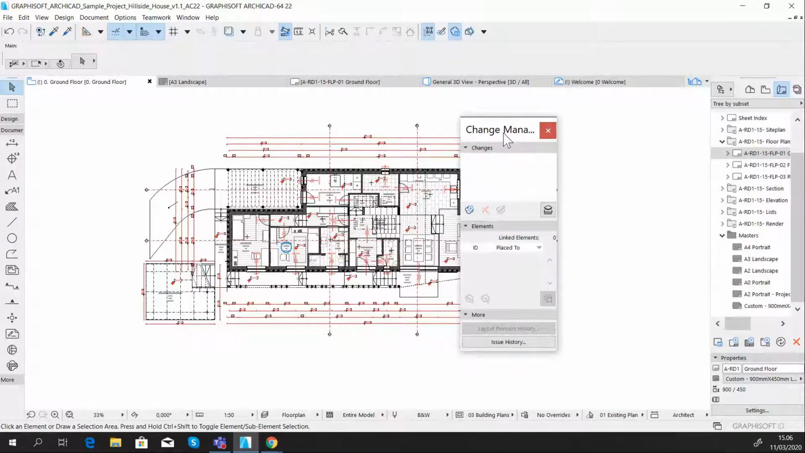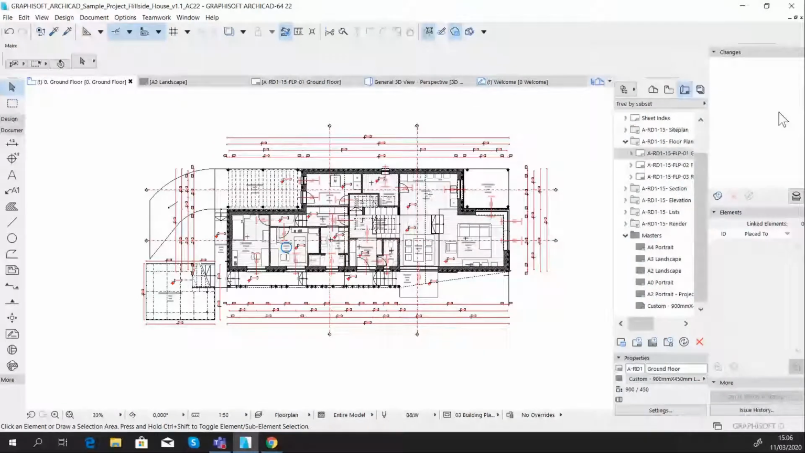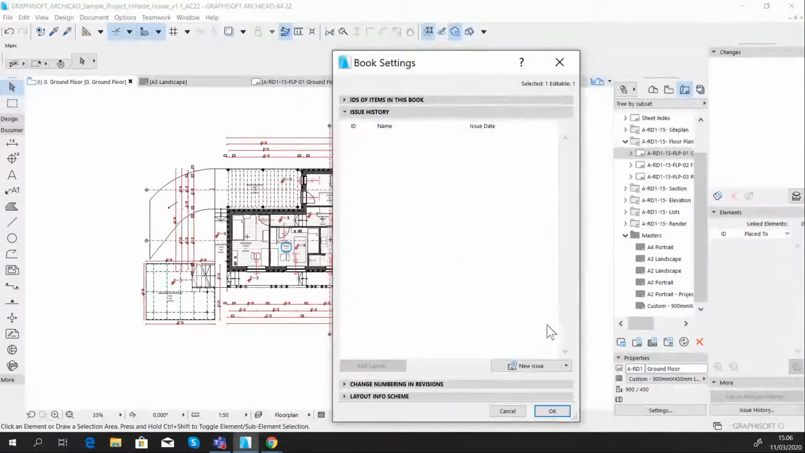If you're going to be working in the change manager for a period of time, rather than just coming in to make a change and get back out, I find it's best to dock this over on the side of your screen so it's sitting there and gives you more stuff to look at and know what's going on. The first thing you need to do is come down to the issue history and create a new issue. So we click down here, new issue,